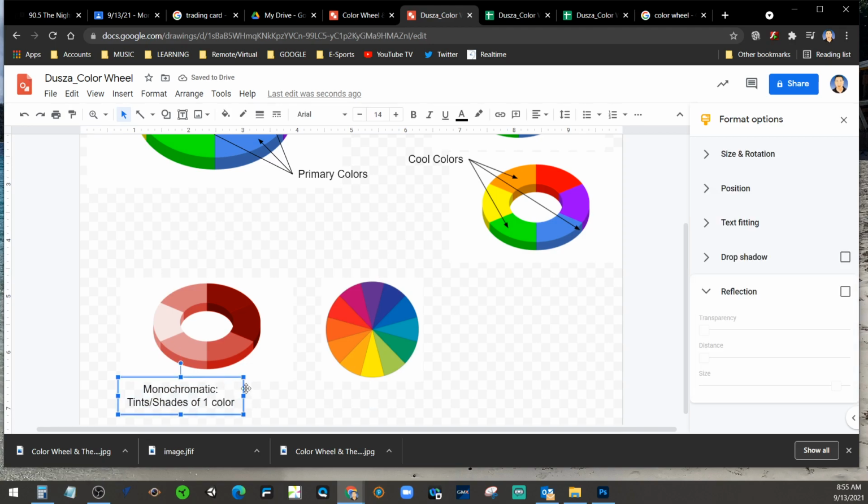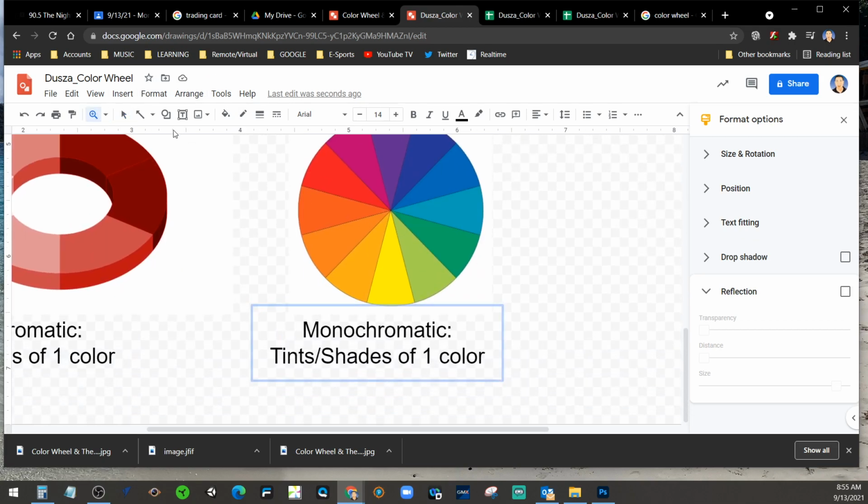I'm going to copy this whole box and paste it instead of retyping. I copy and paste as much as possible because my typing speed isn't super quick and sometimes I make errors because I'm trying to do things too quickly. So we're going to say this first one is complementary, opposite